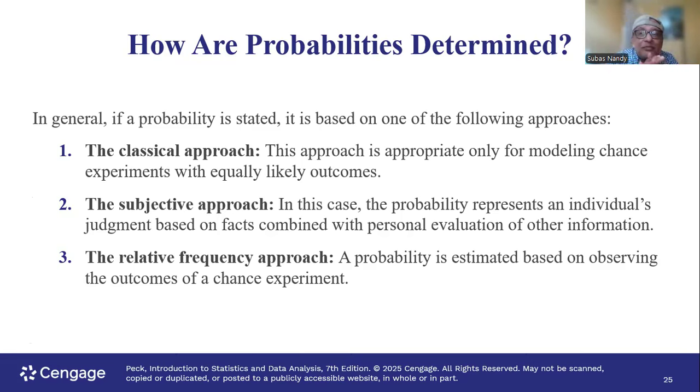Okay. Problem with subjective approach, that is my own belief, is no good. There's no scientific basis. So the best approach is to use the relative frequency approach, where you conduct an experiment many, many times and look for the particular event that you are interested in. Example, toss the coin 1,000 times. How many times out of those 1,000 times you got head? 495 times. Then your probability of head in the long run is 495 heads out of 1,000 tosses is 0.495, which is close to the theoretical probability of 0.5.